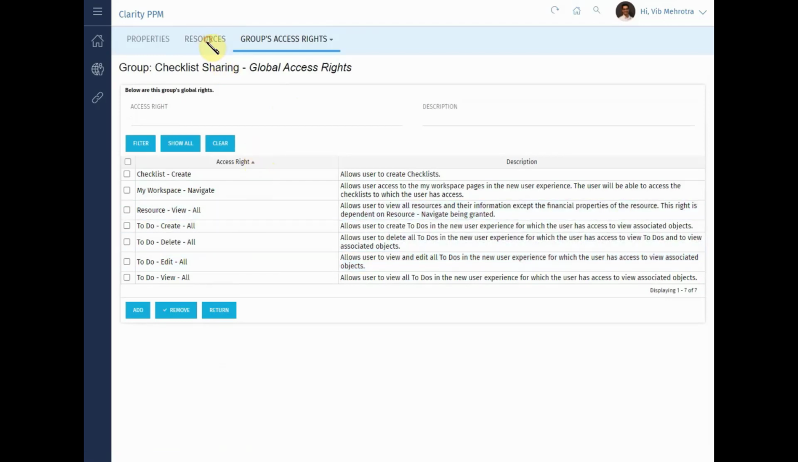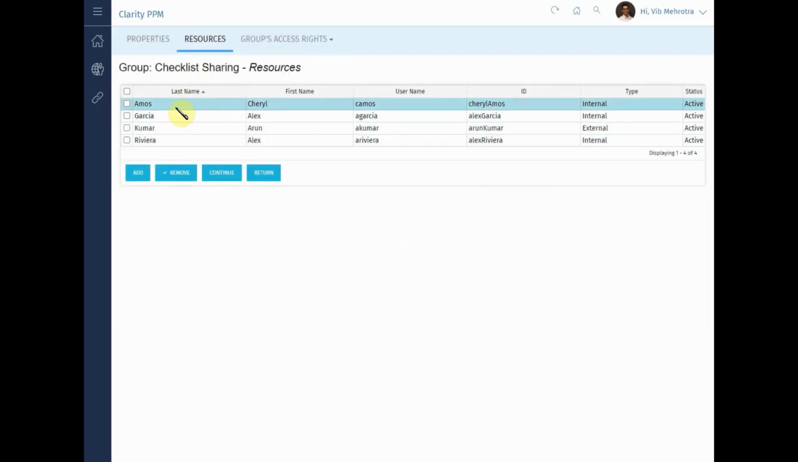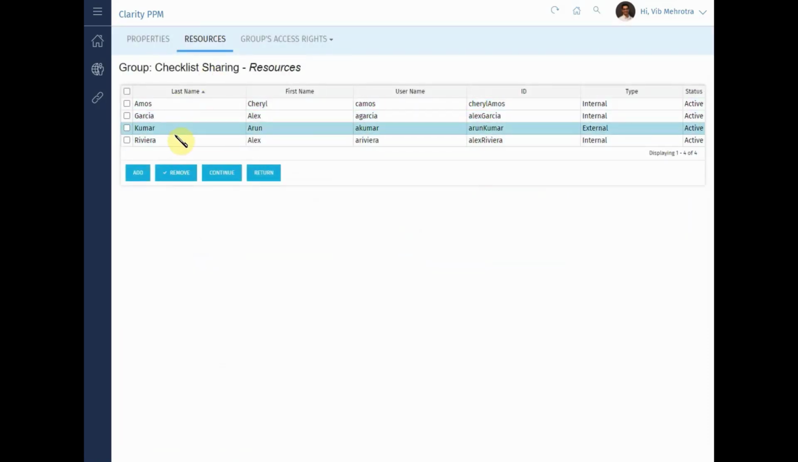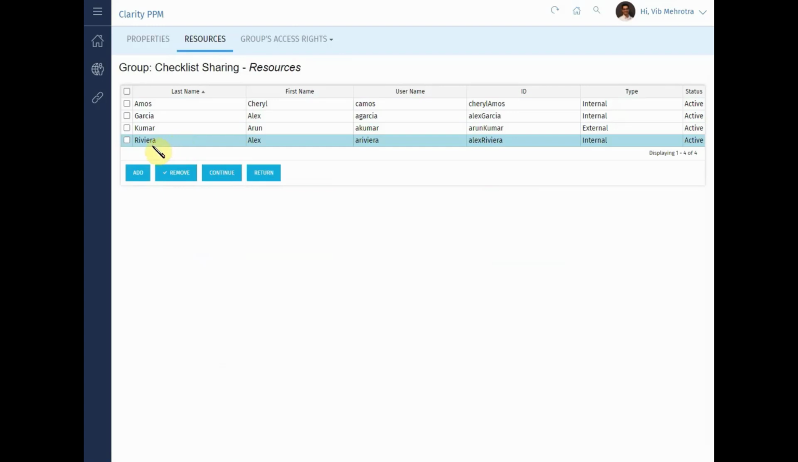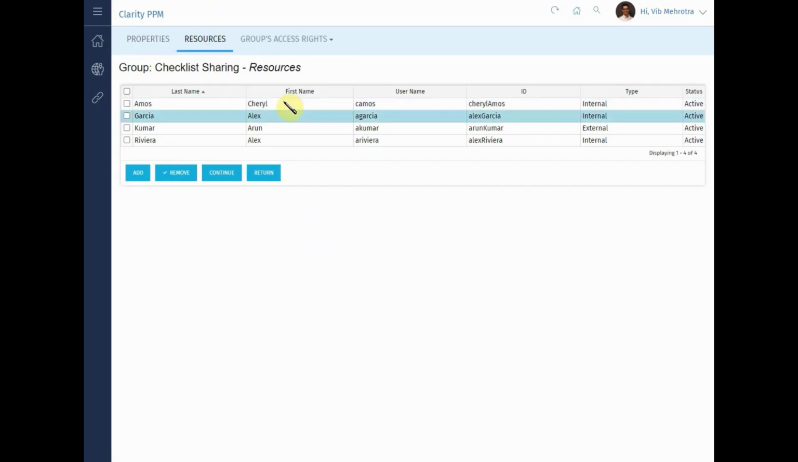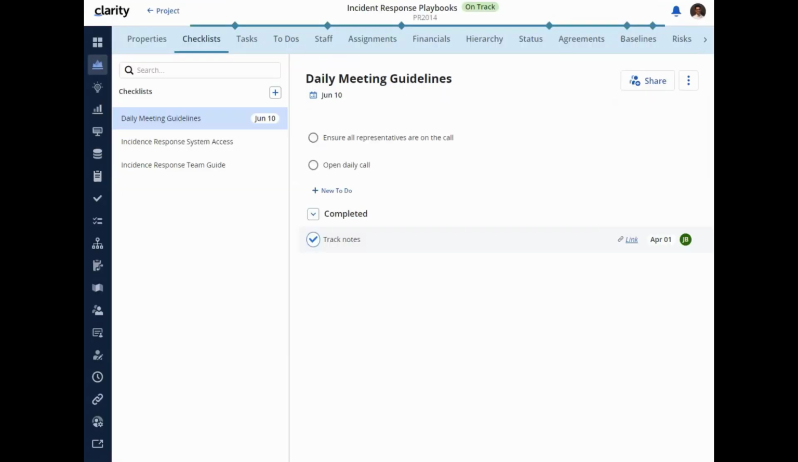I can click on resources, and I can see that these are the current resources that are part of this group. I can obviously remove any one of them if I choose to do so. But let's see how the group is automatically assigned to a user when a checklist is shared with them. So to see that in action, I'm going to go back to my investment, and in here again the checklist